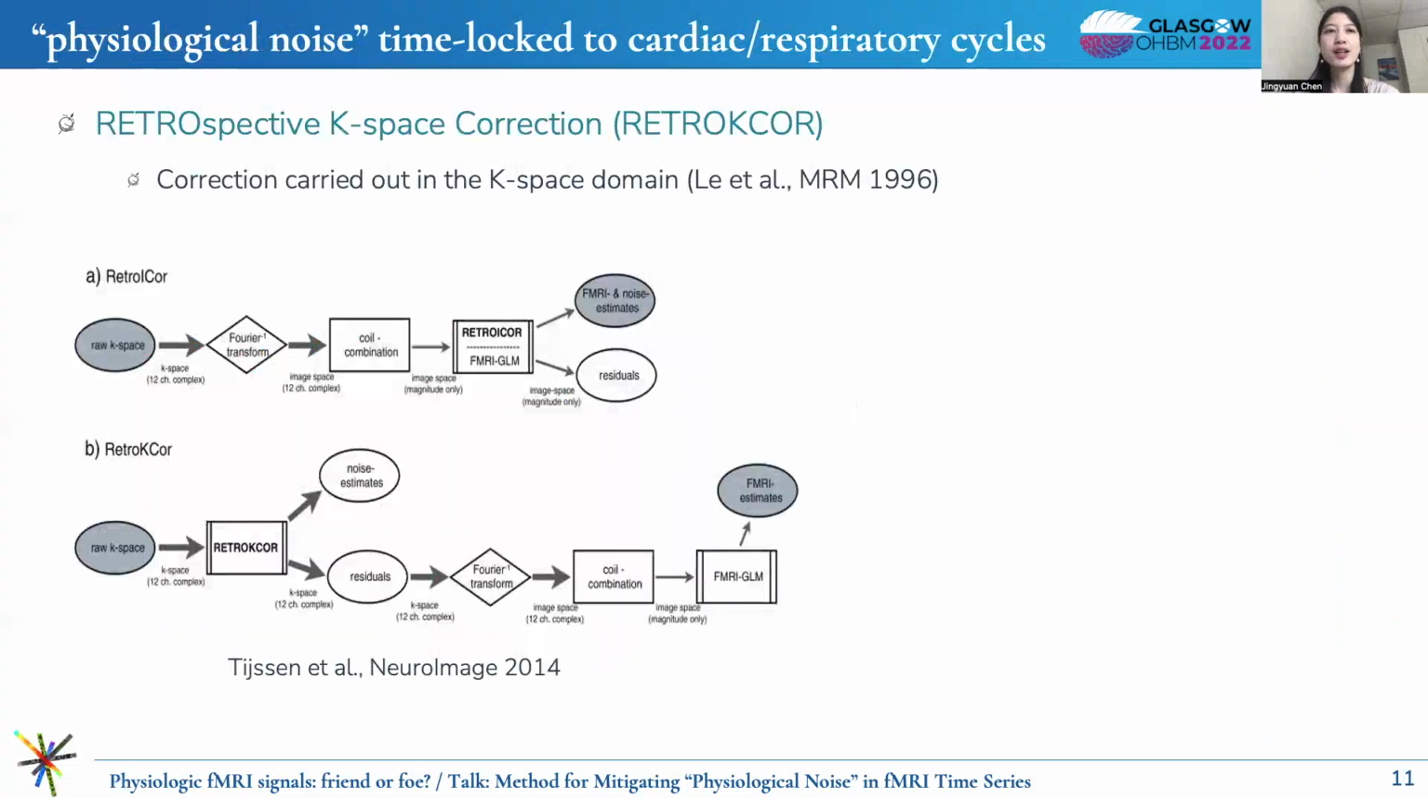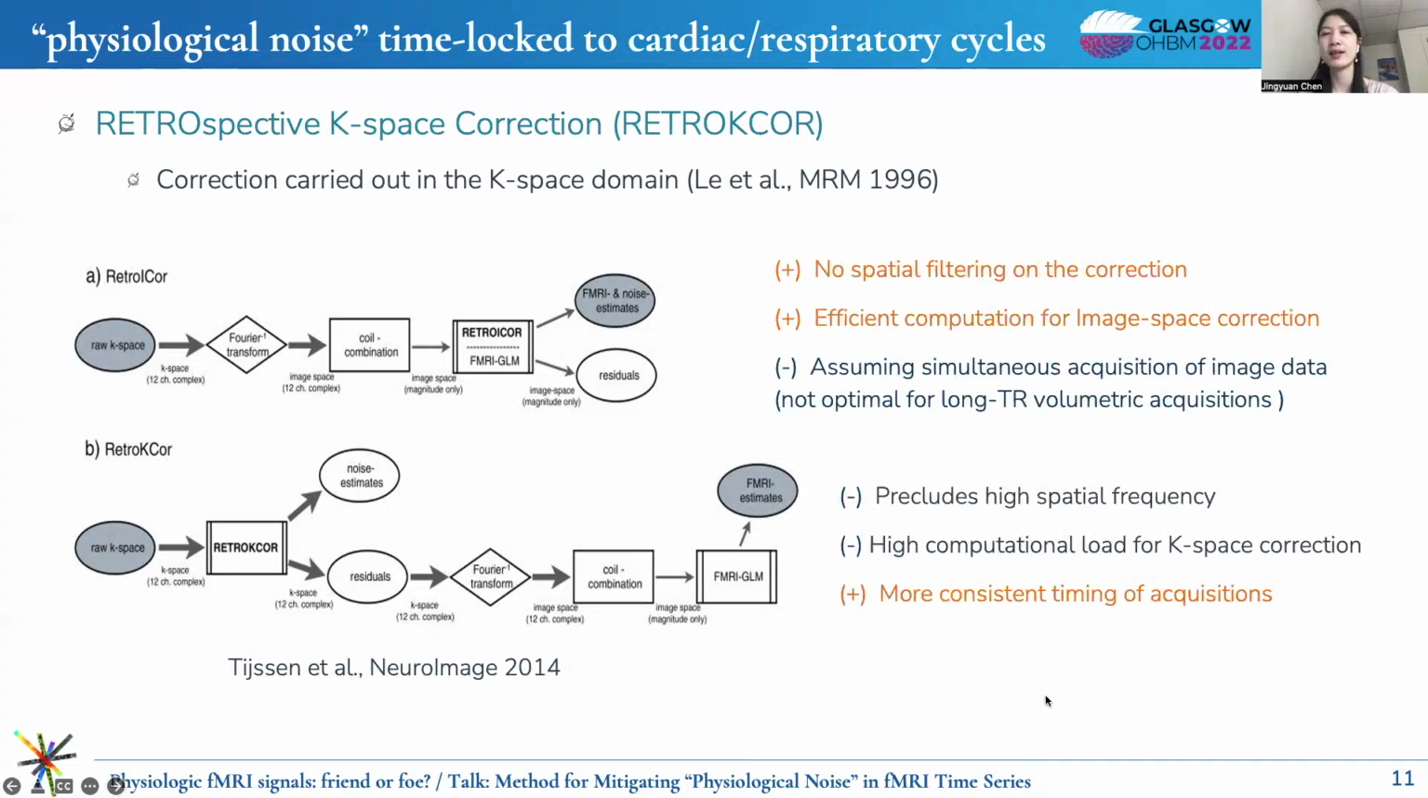Okay, so not just doing the correction in the image domain, it's also possible to perform correction in the raw k-space data before reconstruction, that is called RETROKCOR. But RETROKCOR is not very common nowadays due to various reasons. On one end, when you perform correction in the k-space, it will be dominated by those lower frequency structure patterns, resulting in an image where the higher frequency details are not denoisable. And also because nowadays we're using multiple coil acquisitions, if you perform correction in the k-space, it will incur very high